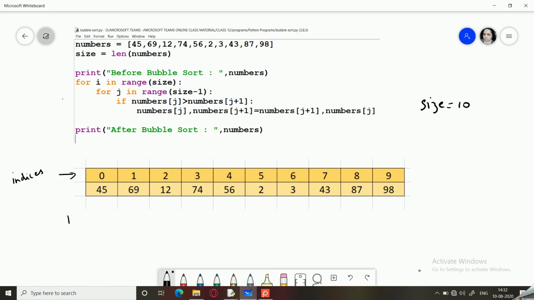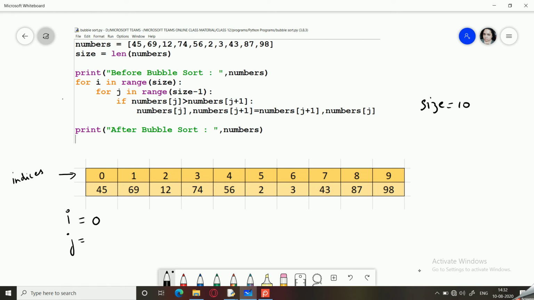Then we will have i and j. So here i in range size, that is i will start from 0. For j in range size - 1, so size is 10. So j will move up to size - 1, that is 9.